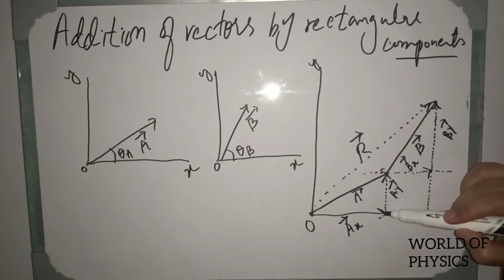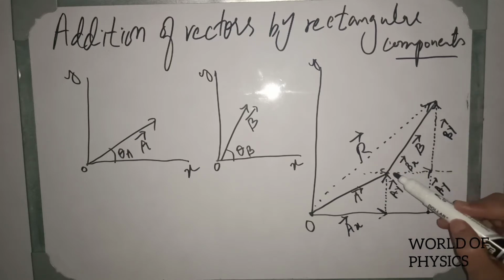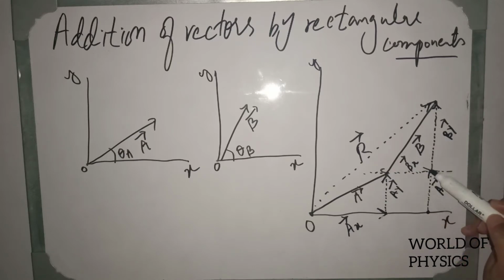So I will complete this perpendicular up to this position to get one more vector, because if this vector is Ay from this position up to this position, then this is also Ay. You can easily see that this is equal in magnitude and same in direction. And if the vector from this origin point up to this point is Bx, then a vector from this point up to this point is also called Bx, as they are same in magnitude and same in direction.